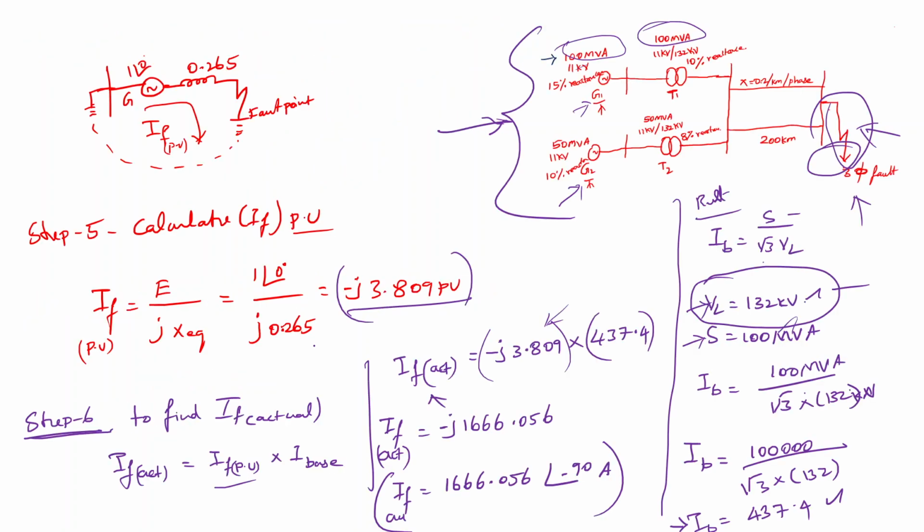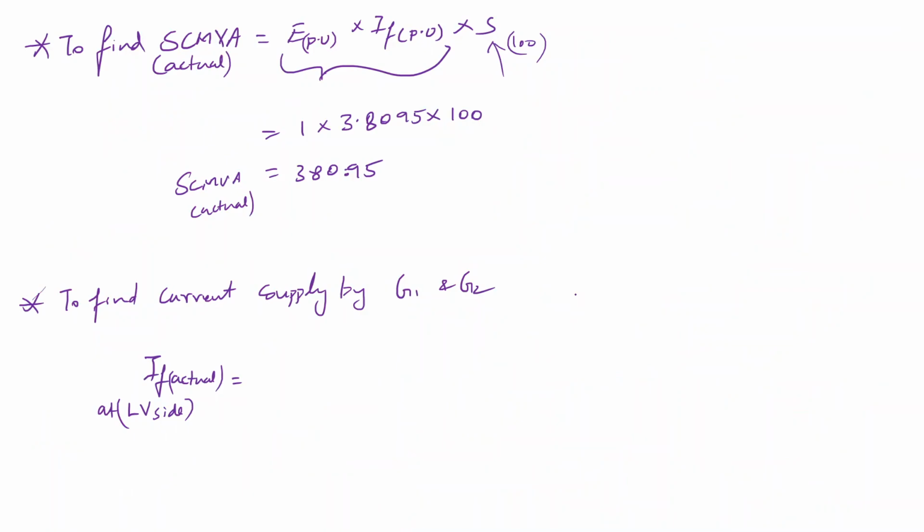So I am taking this as same. This is common. Whether it is found from high voltage side or low voltage side, no problem for IF. But I only need to check for this voltage, this VL I am going to worry about. So I take IF per unit as same, only I am considering the base.